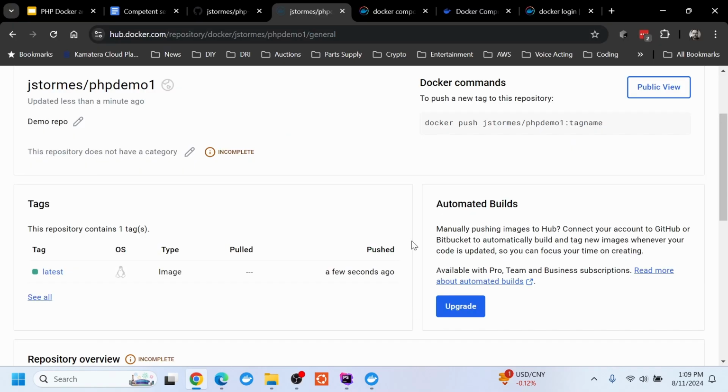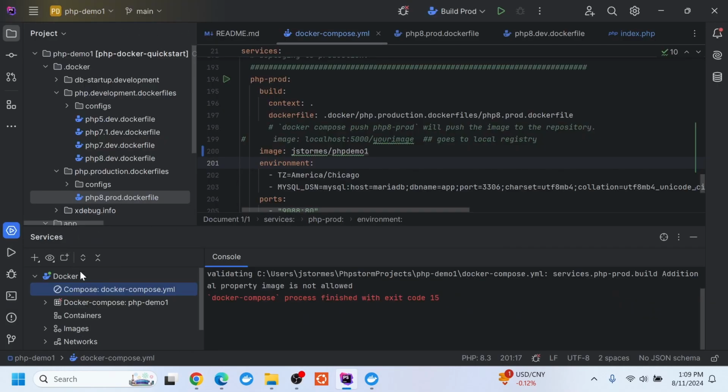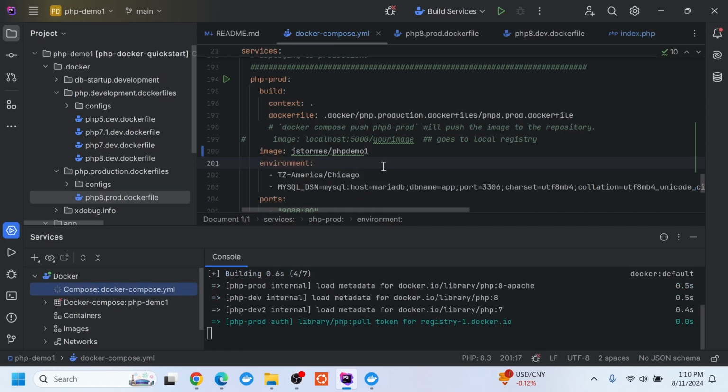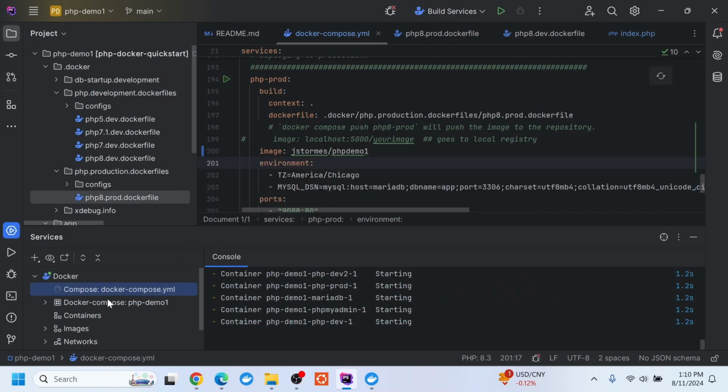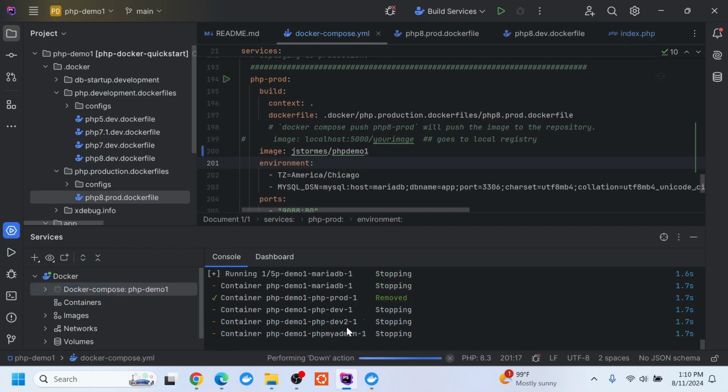So now we have a Docker image that has our code on it that we can use to host at any cloud provider that allows Docker images. And in the next video, I'll show how to do that. For now, let's clean up our system. Let's build our whole services. And now let's down those services to release all those port numbers so that we don't get a conflict with